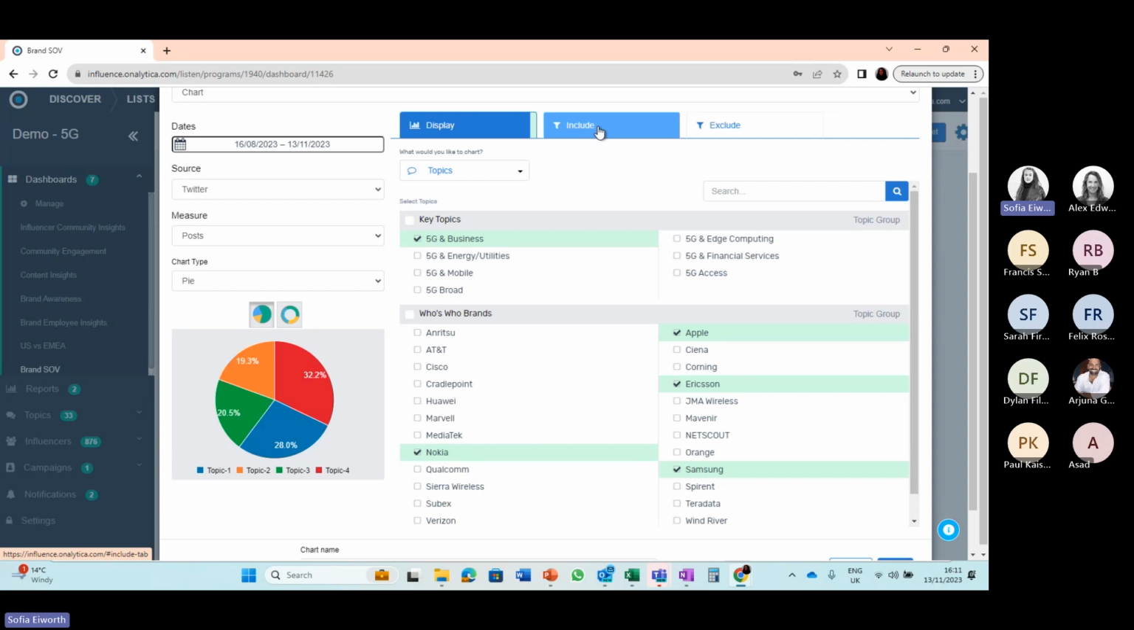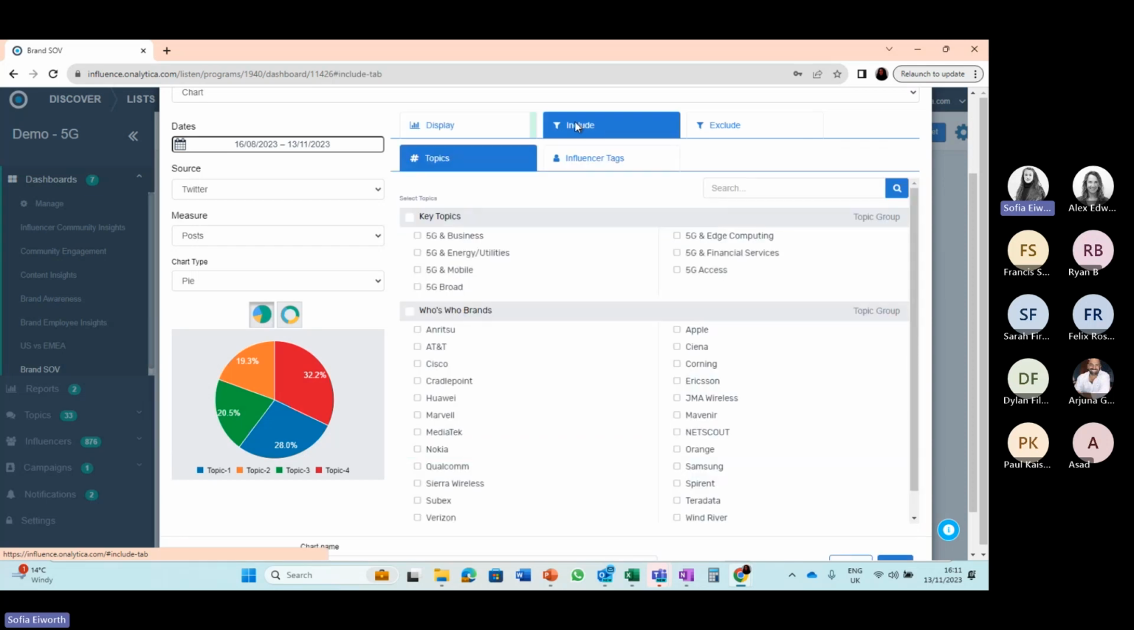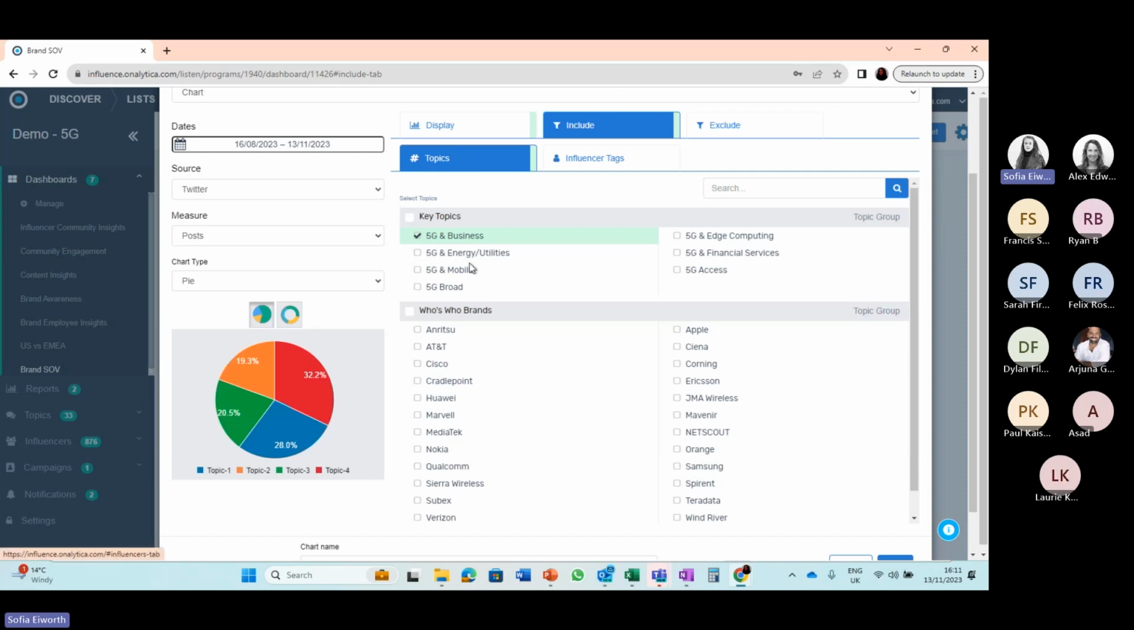Now, the next step we need to do, so these are all looking at the brands. Sorry, the next thing we need to do is choose the topic. I did that on the wrong side, so we need to include topics. Display here is what will be displayed in the actual pie chart. And then what we want to include is the topic